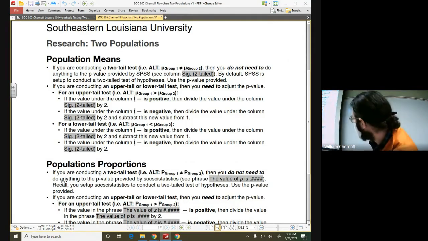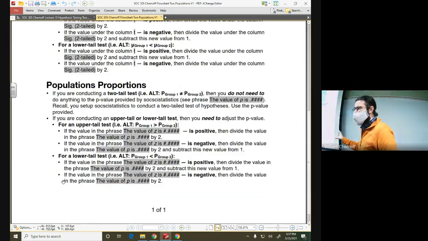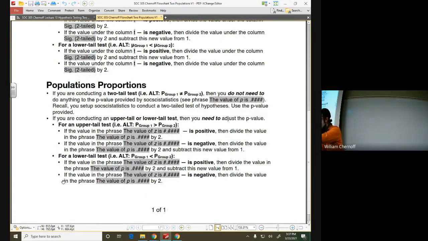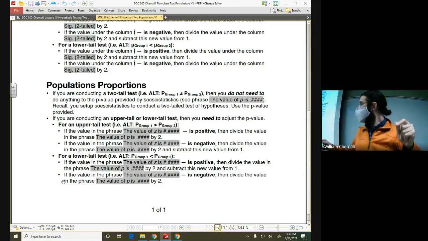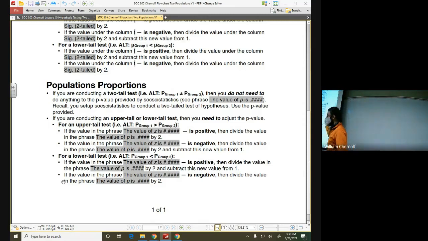But we're also going to talk about proportions. Sometimes in life, we want to compare the proportion of people in one group to the proportion of people in another group. If you're looking at fear of crime, you might be interested in, say, prior victimization, the proportion of people who've been the victim of crime in the past. You might look at just the women in your sample and ask, is the proportion of women who've been the victim of crime in the past different than the proportion of men? You might have questions like that. To answer those questions, you're going to use this flow chart.